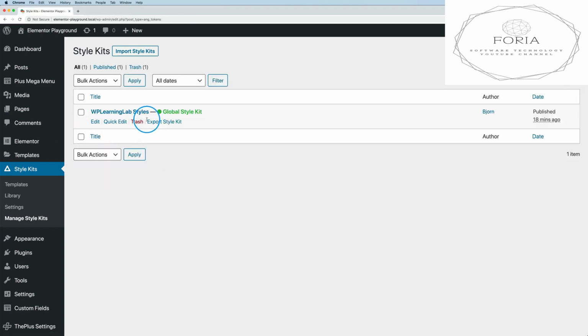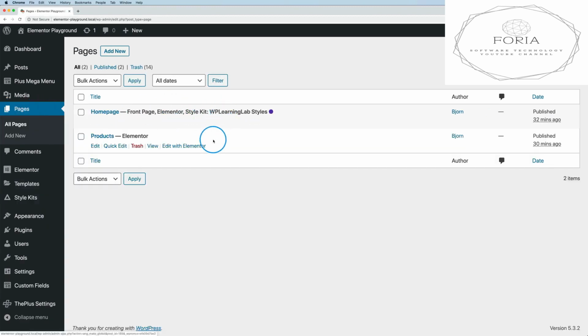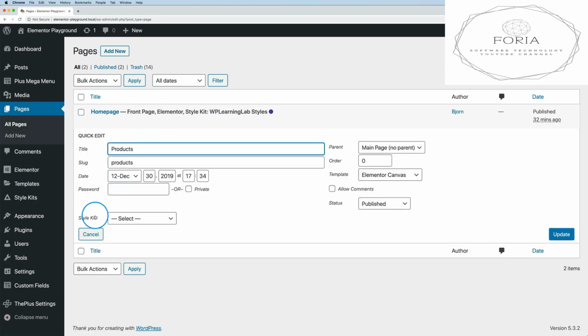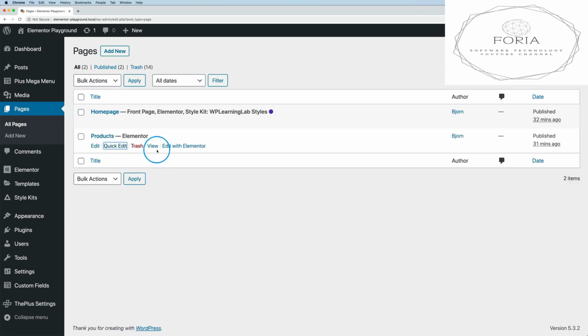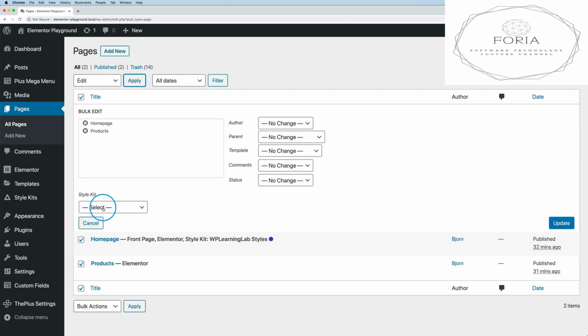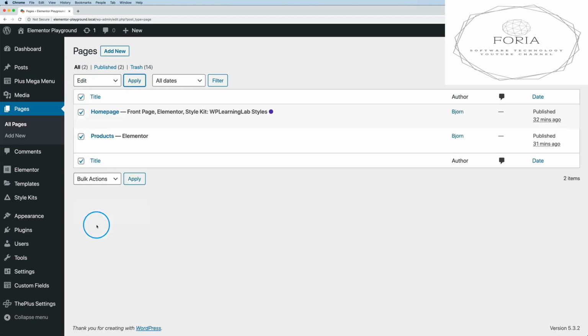And now any new page we create will automatically have the style kit applied. And if we go to existing pages that we have not updated yet, we can click on Quick Edit and we can choose a style kit right here. Choose this one, click on Update, and that style kit is applied to that page, which is pretty neat. It's quick, it's a lot faster than having to go through each one. You can also bulk edit, so if you have thousands of pages, you can edit all of them. Select a style kit that you apply to all of them, and those changes are applied throughout all those pages. And when you update that style kit in one location, it will then update across all of them, which is the big benefit of global style kits. Make a change in one place and it applies